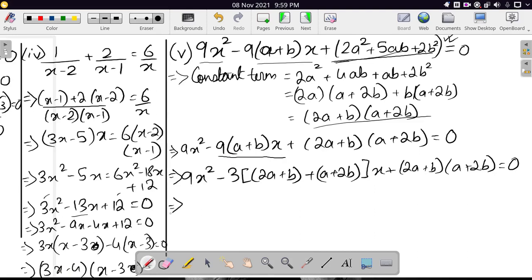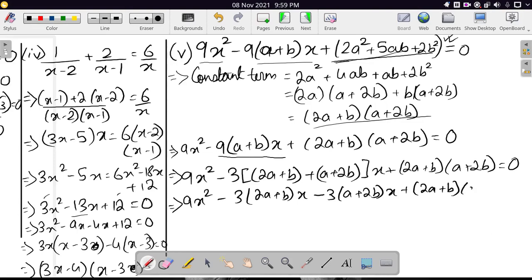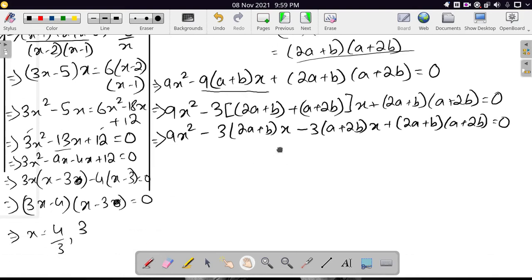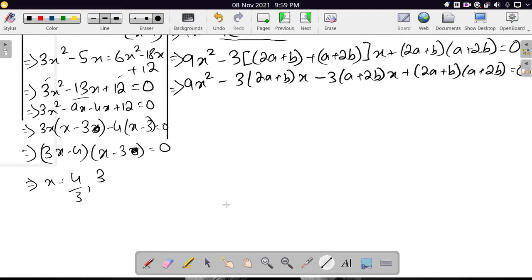So how can this be written? We will take the 3 inside, we can do that. 9x² − 3(2a+b)x, there will be another −3(a+2b)x + (2a+b)(a+2b) = 0. Now just let me write this. Yeah, okay, let me just extend this line. Now what we will do,